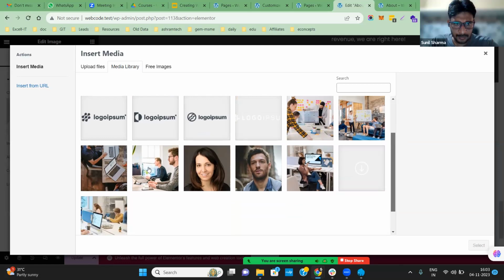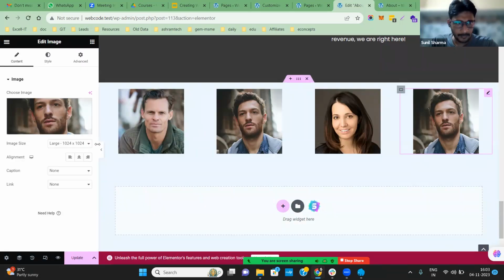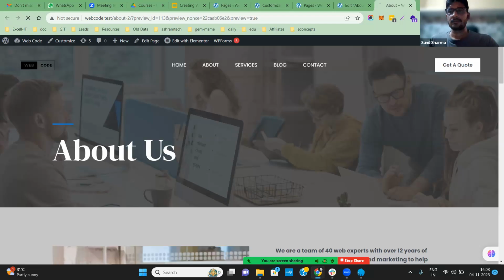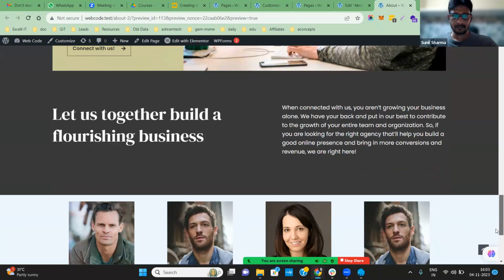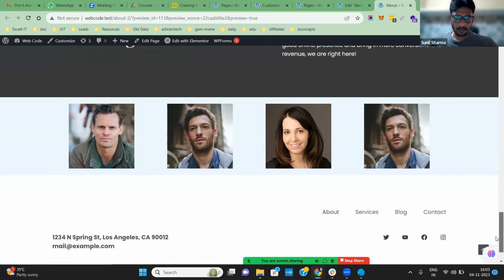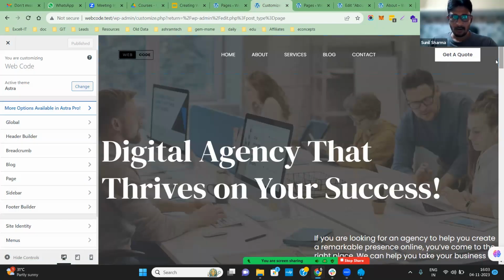And I'm just repeating this one. So let me check how this looks. So you can see that the four column section is generated, and if you want to add the title for that particular section,